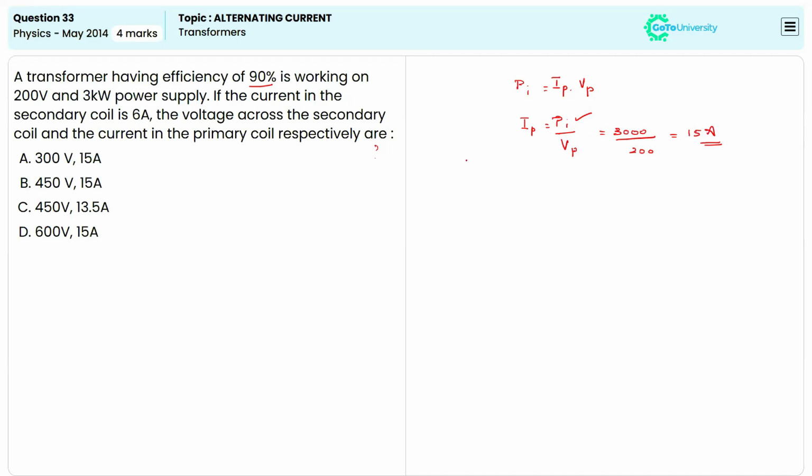So here we can calculate the value of voltage by using a relation for the efficiency, which is nothing but power output divided by power input, which is also equal to Vs times Is divided by Vp times Ip. Now we can apply the values. So here we have the value of power output and input, which is 90 divided by 100 is equal to 6 times Vs divided by